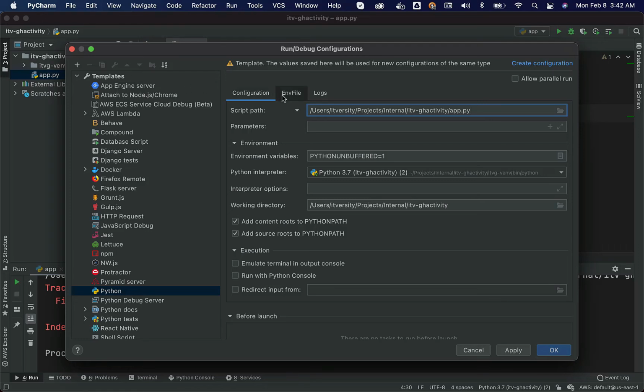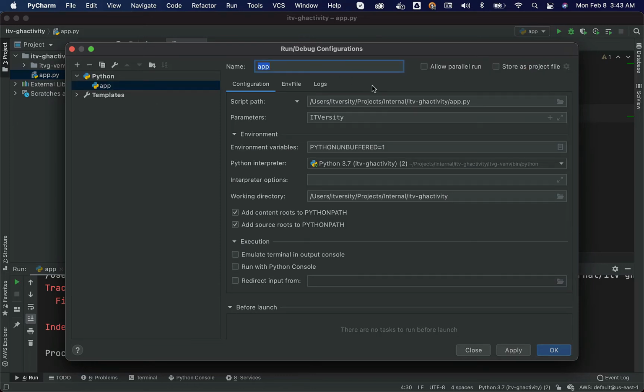So either you can use this approach or you just try running once and then pick the appropriate application and then take it further. Now you can pass the parameter by actually entering value here. Whatever you pass here will be considered as runtime arguments for the program using PyCharm. We can say apply. You can actually click on create configuration to give a name. It automatically picked up the name from our Python program name, and that's why you are seeing app here. If you want to change it, you can change it. On top of these things, you also need to make sure that working directory is the base directory in which we are actually developing the programs. So in this case, it is nothing but ITV-GH activity. I can say apply now. Okay.